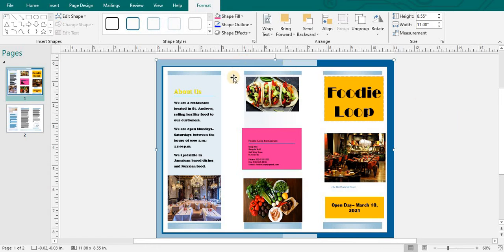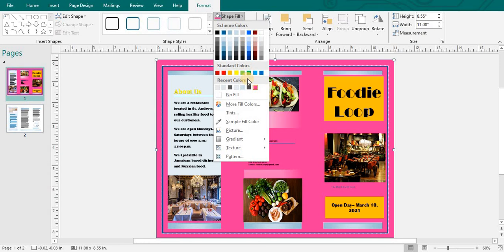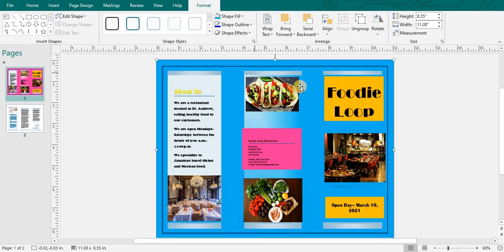outside border. So now we want to proceed to add some middle bars just to bring it up a little bit more. So let me check something. Okay, so we could also apply shape fill. So the shape fill itself is the background effect. So pink is looking a little bit loud, I believe. All right, so I'll keep the blue for now, and then from here I will now proceed to add in